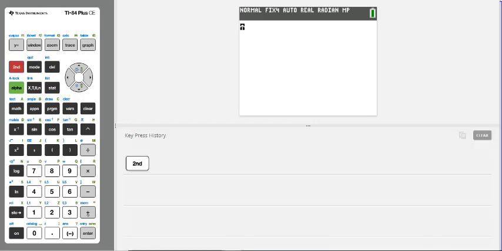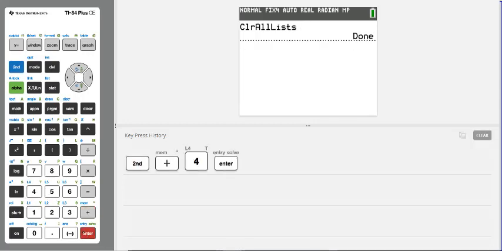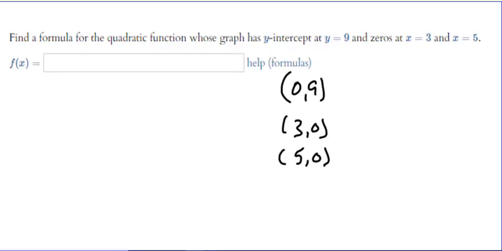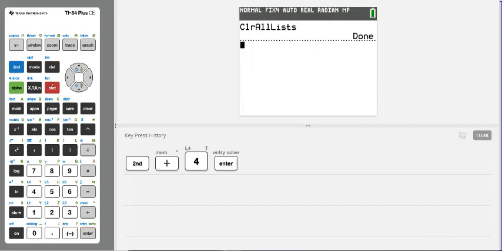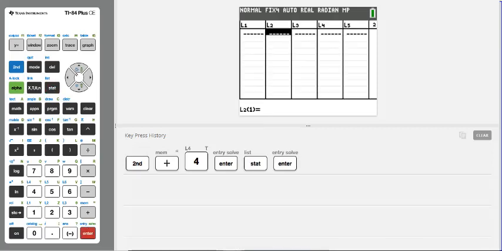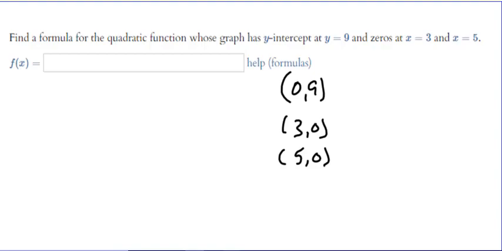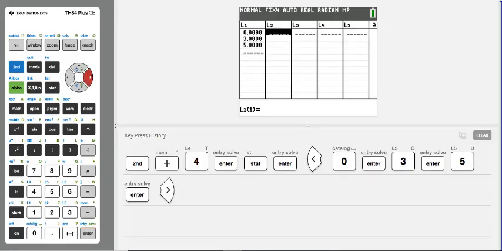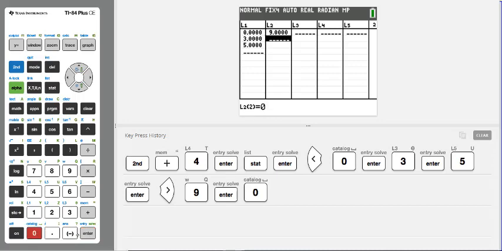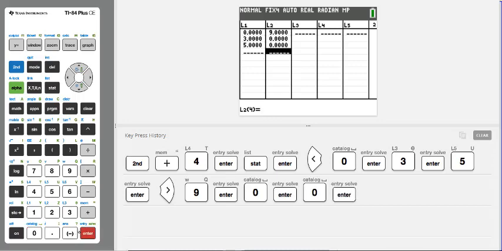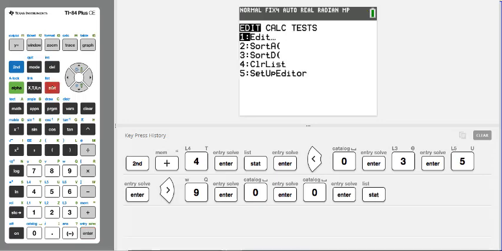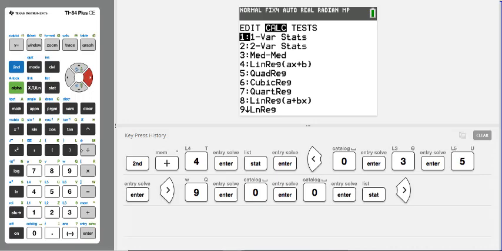So second plus 4. Remember, that clears all my lists, right? Let me make sure I got my points. 3 and 5 and 9. Good. All right. So stat, edit. 0 enter, 3 enter, 5 enter. And then 9 enter, 0 enter, 0 enter. So I got my y-intercept and my 2 x-intercepts, right? So that's in. And so I hit stat, calc, number 5,